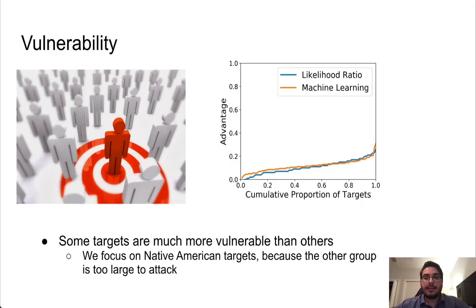On the other hand, the Native Americans had about 100 to 1,000 patients per year, which is a theoretically attackable size. But we found that even in this, the most vulnerable groups, there's a significant difference in vulnerability between targets. The most vulnerable has a significant risk of over 0.2 advantage, while the least vulnerable has almost no chance of being inferred. We also found that since the attack is overall weaker in this situation, the influence of inclusion frequency was much more significant. At low inclusion frequencies, the precision is almost zero, and there's almost no chance of identifying any targets. So it is important to consider that in future cases.